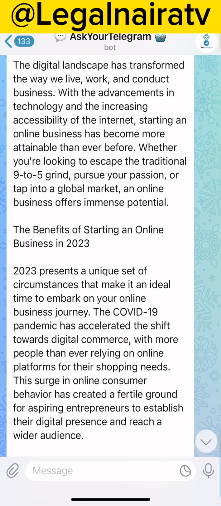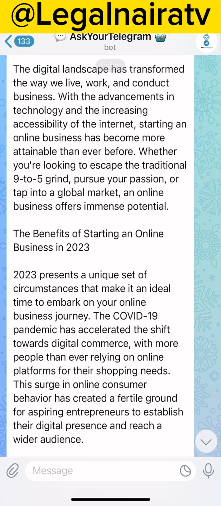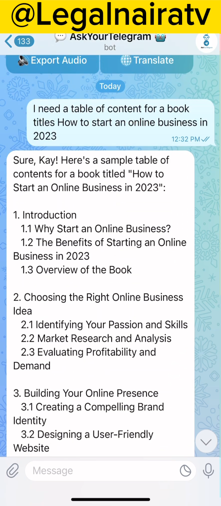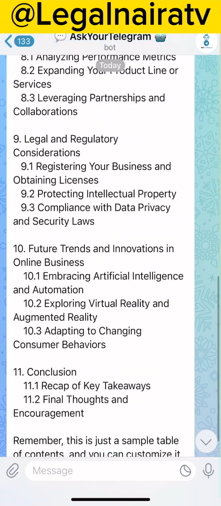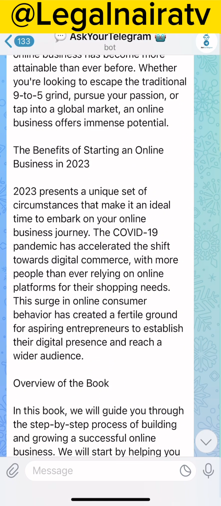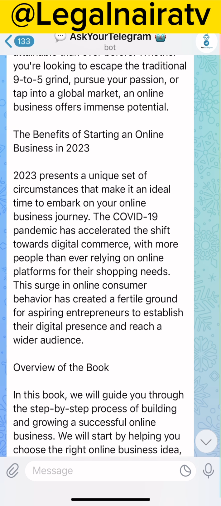Now it goes and says the benefits of starting an online business. It has given us everything in chapter 1. Okay, so let's check the benefits. You will see the benefits too. It says 2023 presents a unique set of circumstances that makes it an ideal time to embark on your online business journey.